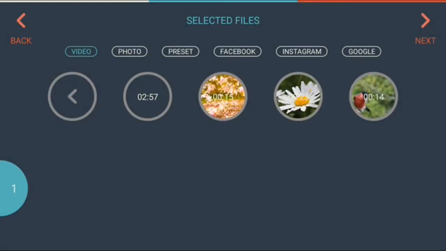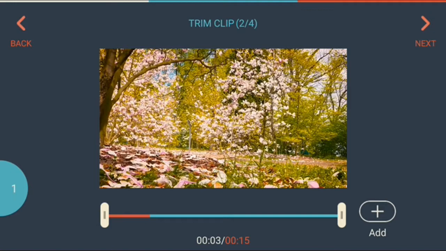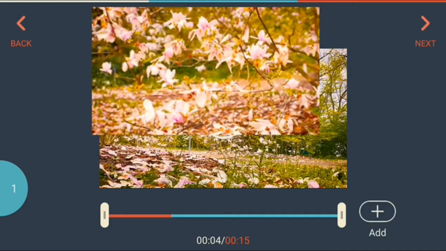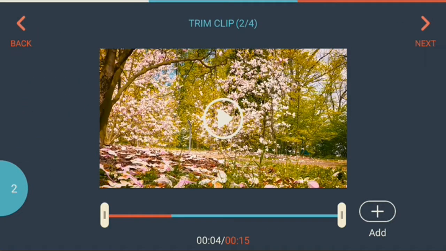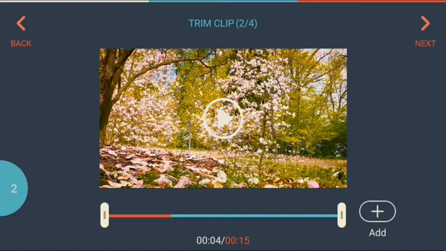Now at this point I will be selecting another video clip without background music. This is the file without background music. I will play here. The video is getting played. So at this point I will add this to our project. Now the project shows there are two files. So we have added two video clips, one with background music and the other without background music. Now I want to add more files.